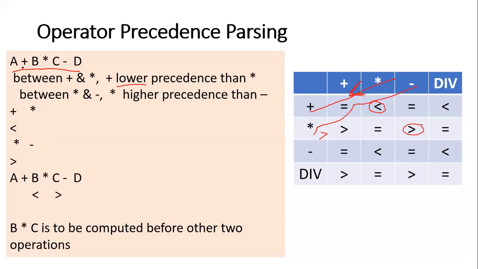So what you have to do is you have to write, starting from the left onwards, is it not? Plus and star, you will write that precedence. Then star and minus, you will write that precedence. Okay. If you write both, plus and star, that particular symbol, star and minus, that particular symbol, which indicates that this should be performed first. B star C is to be computed before the other two operations. Okay, so this will be computed. So this is how operator precedence parsing works.